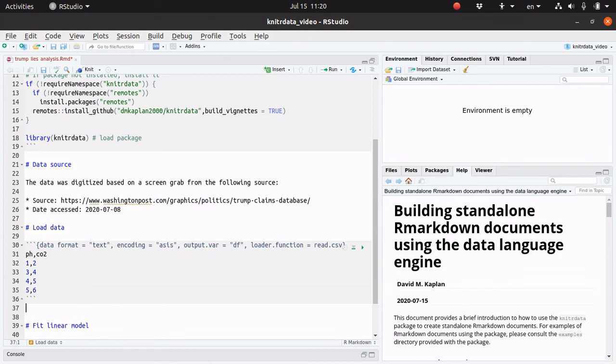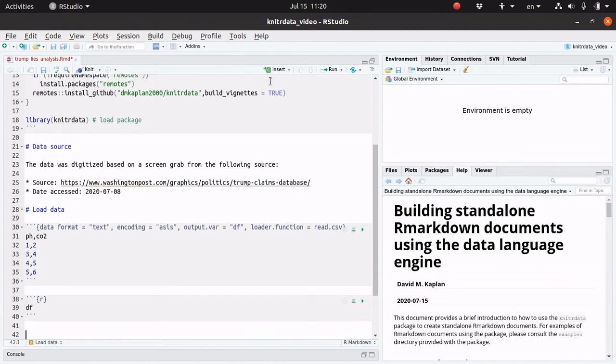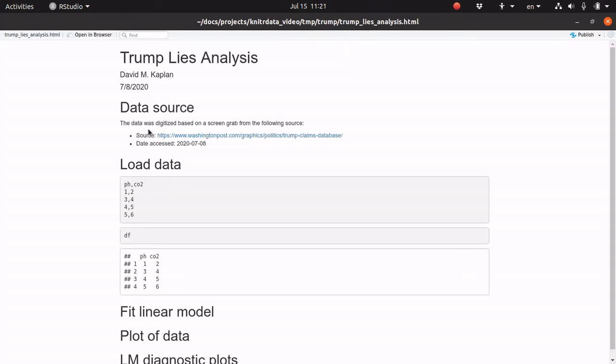And if we put that in the code chunk, and then put in an R chunk that just displays the df variable that will be created by this data chunk, and we go ahead and knit it now,